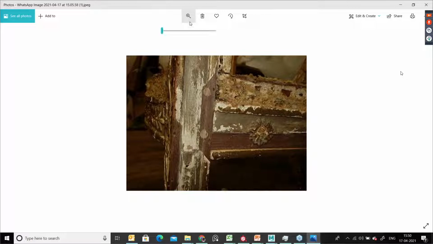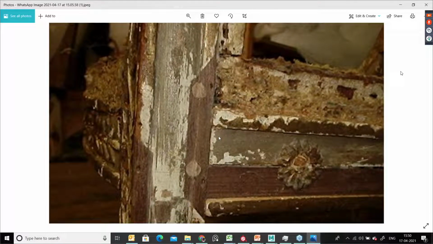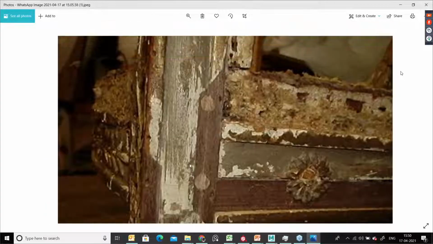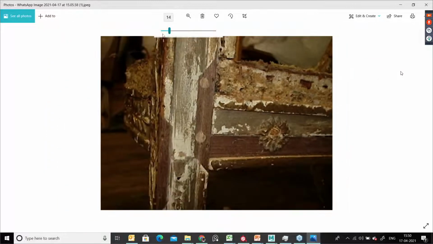And next image, see here, this is a damaged furniture, and the paint and all, how it's peeled off. Just check it out. All these things are for your reference. So without reference, don't start to texture your model. Use existing textures and existing photographs as a reference to do texturing on your model. Okay. Then next one.